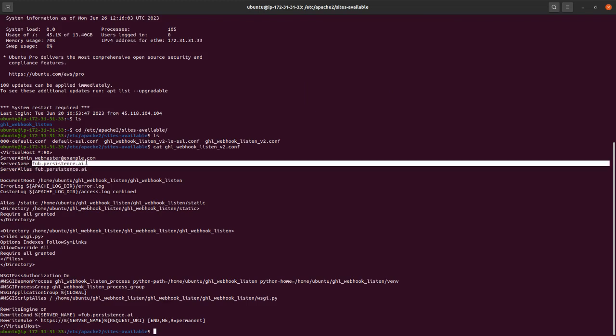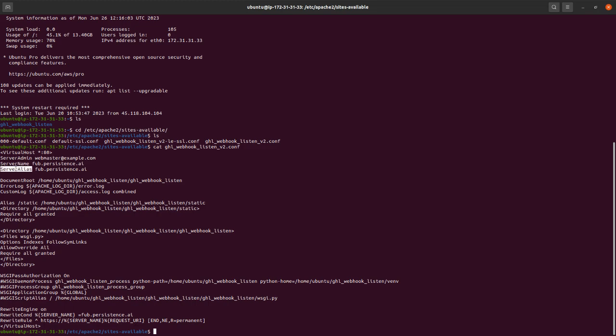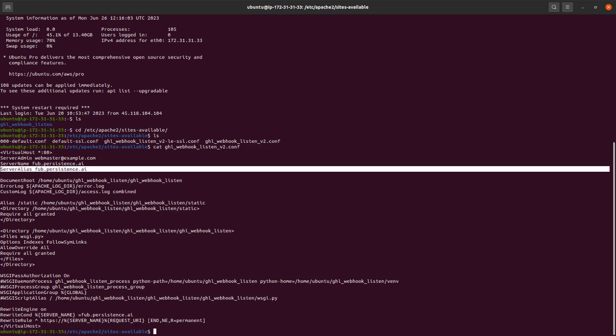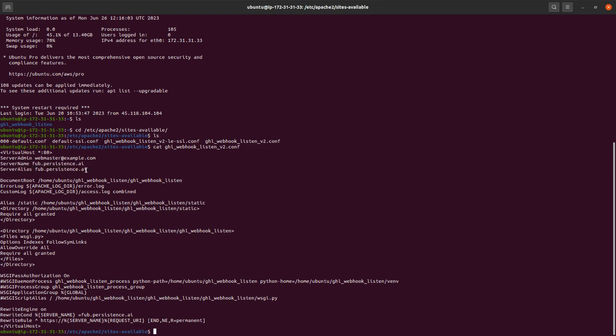So we need to add these two lines. We need to add the domain name as a server name and server alias. I think it's okay if you don't use server alias as well, if we are getting errors on nginx, because that is something I had noticed. So mainly we need the server name, and also we would require these WSGI lines. Now this is specific for Django and Apache, where if you want to have the SSL config created and the SSL certificate generated, we need to make sure these three lines are commented out for WSGI: the script alias, the daemon process, and the process group. So yeah, once we have that,